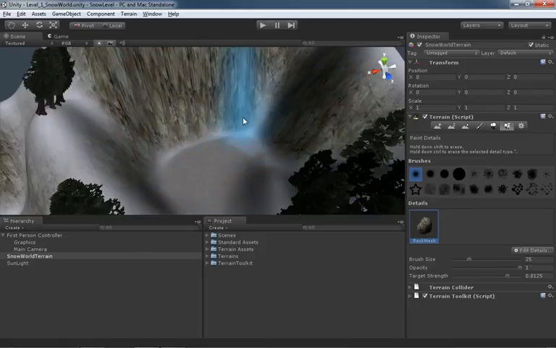Now, after I put my tunnel in here, it's entirely possible that it would look better if I added some more rocks in, or maybe added in some trees, or maybe even resculpted parts of the terrain to snug it up a little bit where the tunnel is. And if you'd like to do that sort of thing, you're more than welcome to do it. That's totally cool. I'm not going to be doing it on my end because really it would just be showing